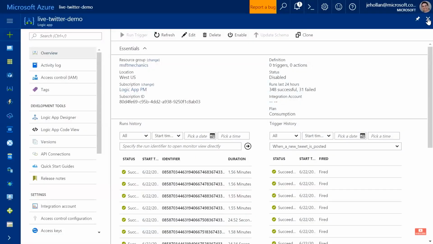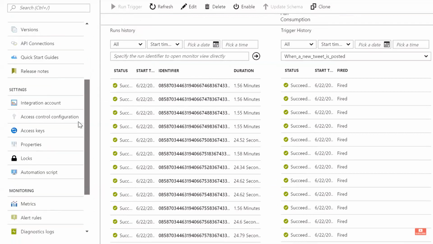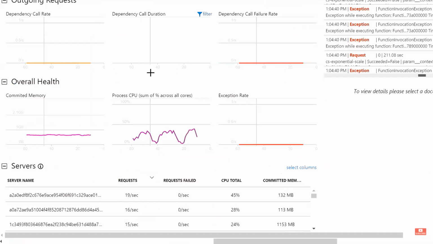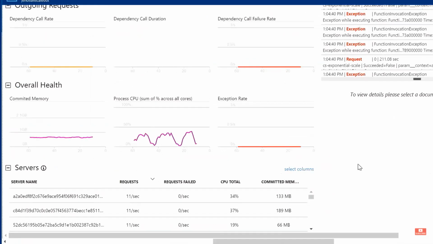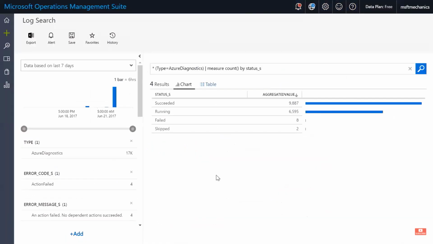And with that, serverless apps do come with a lot of tracing out of the box. So I can easily see here from right within Azure all of these apps as they're running and understand the data that's being processed. And I get integration with powerful tools like Azure Monitor so that I can view metrics or diagnostics, set things like alerts for if something goes wrong. You saw me show this earlier, but I can use tools like Azure App Insights to understand the health of my app, and even integrate with solutions like OMS so that I can do query analytics and understand exactly how my systems are performing against my solution.